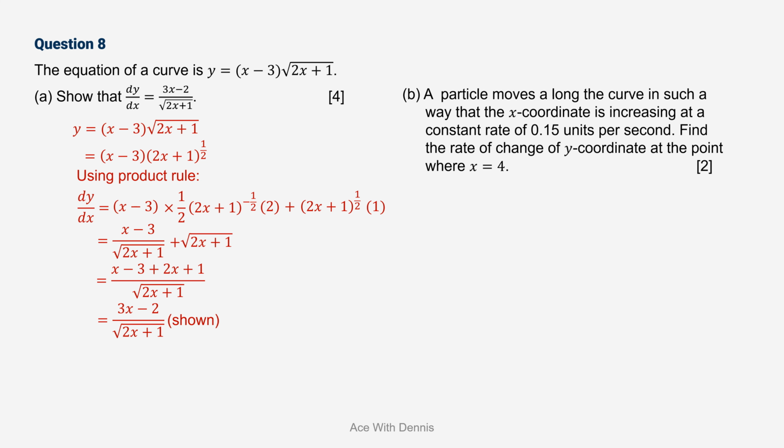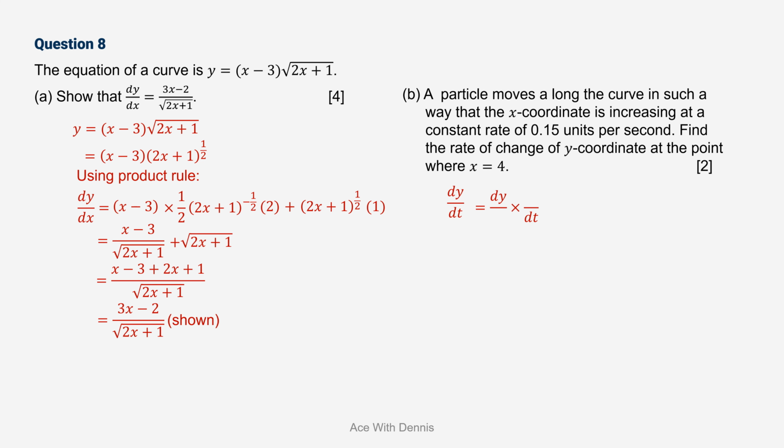So B, a particle moves along the curve in such a way that the x-coordinate is increasing at a constant rate of 0.15 units per second. Find the rate of change of y-coordinate at the point where x equals 4. 2 marks. So we want to find the rate of change of y-coordinate, hence we can write it as dy over